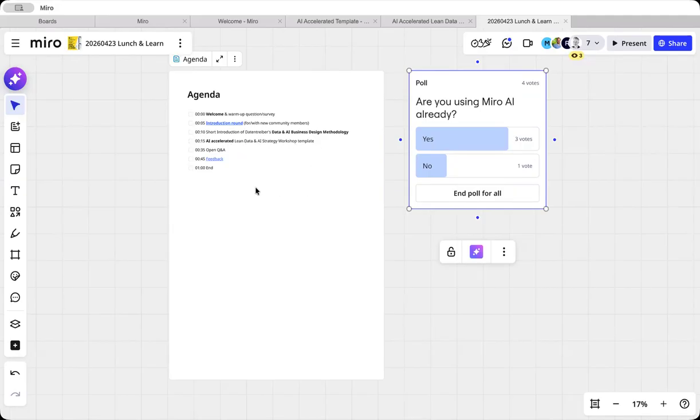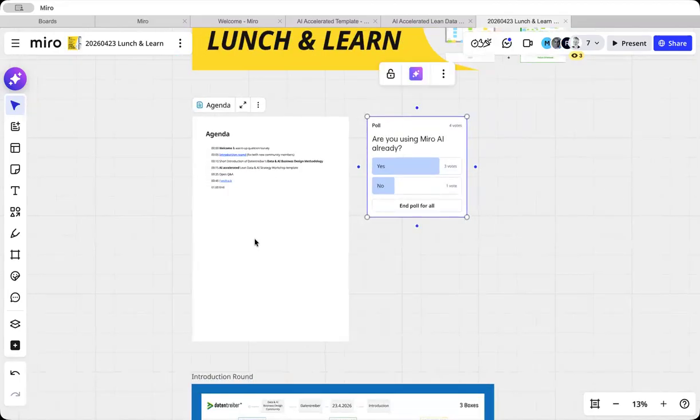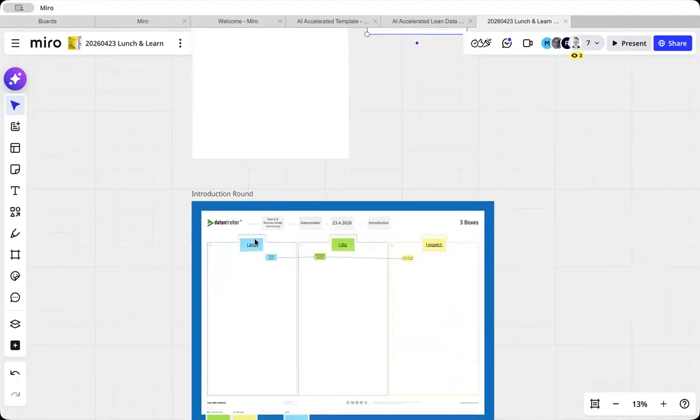And then the floor is open for question and answers, but the floor is open for question and answers anyway because we are a quite small group. So if you have any questions, just jump in and interrupt me. And then we would like to do a little bit of feedback session, and then we will be finished. Maybe we will be a little bit quicker today than just 1 hour, depending on how many questions you have. Okay, so